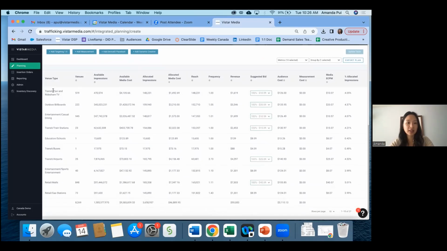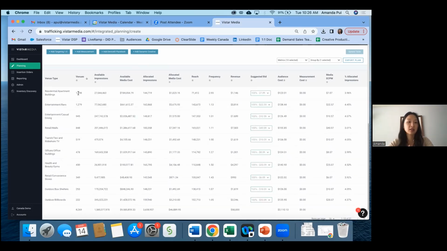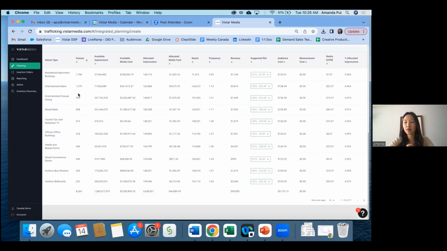So on the left-hand side, you'll see venue type. Venues, you'll see the number of venues. They'll vary, but you'll see that there are tons of different screens. So the venues is the venue count or the number of screens that you're targeting. Available impressions is basically what is available for the time frame and the screens that we've selected based on open exchange avails. So in this case, there's